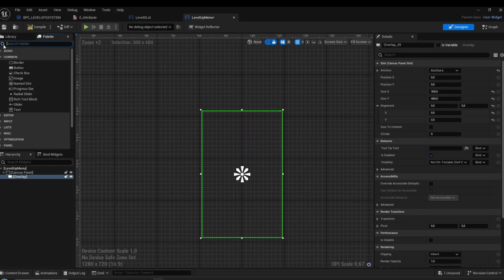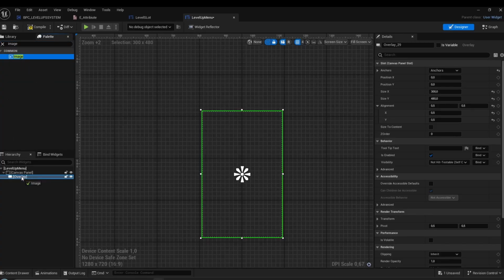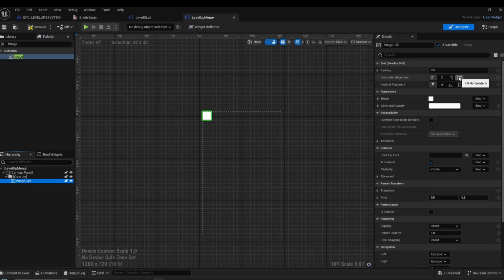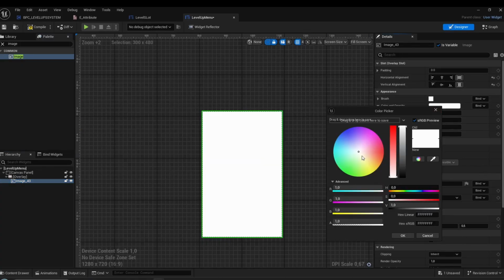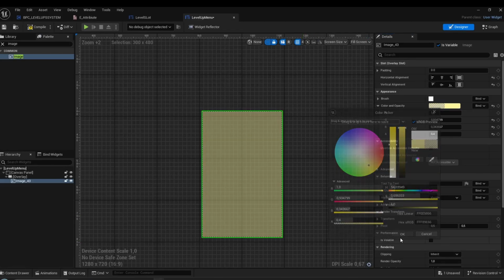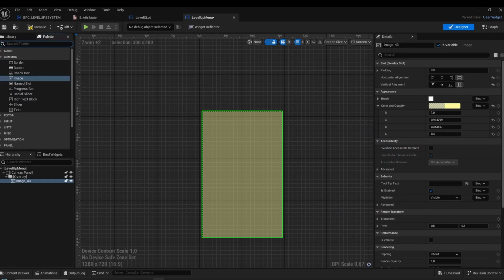Then you are going to search for image, put it into the overlay, set it to fill horizontally and vertically, make it a bit yellow however you want, set the alpha to 0.4,